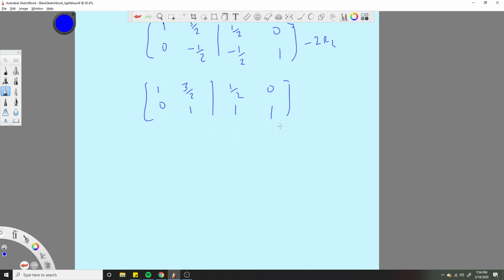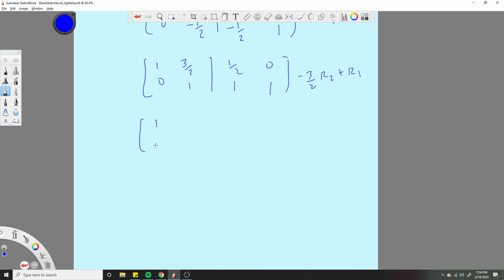Okay, so one last step. Negative 3 halves row 2 plus row 1. So that'll eliminate this element here to be a 0. 1, 0, 1, 0. Negative 3 halves plus a half is going to be negative 1. Negative 3 halves plus a half, that's negative 1. And then, so,